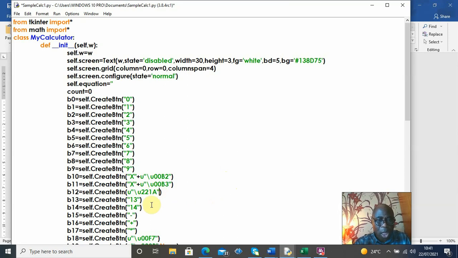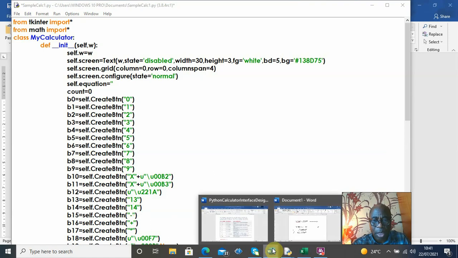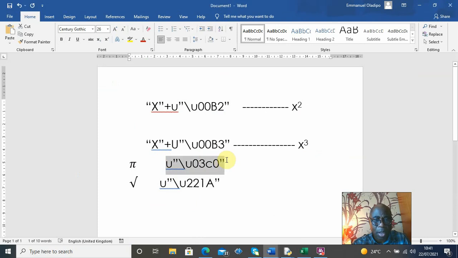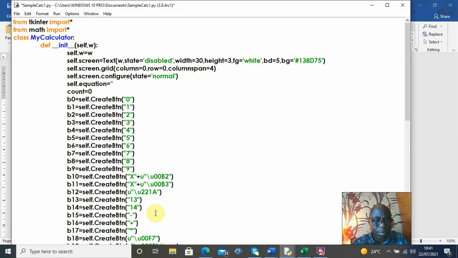Okay. All right, and the next thing we're going to do is number 13, which I believe is the pi. The pi is u03C0. Okay, so like I said, I don't like typing, so I'm just gonna copy that for my pi. Just go in there and type. That's B13, and then I'll paste that. Just type it there,